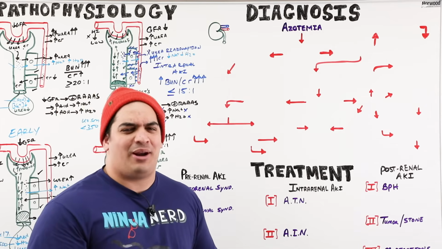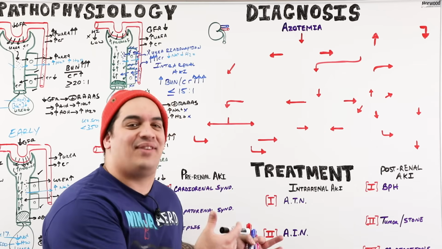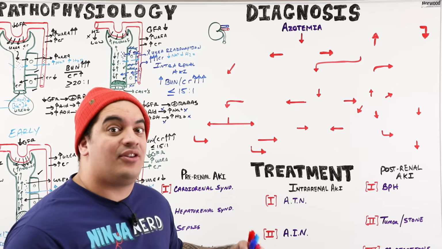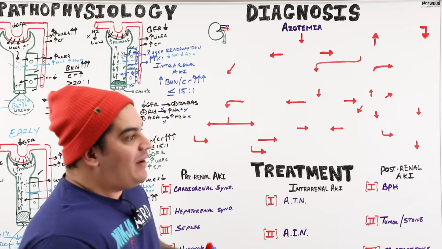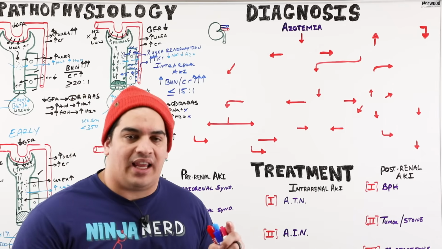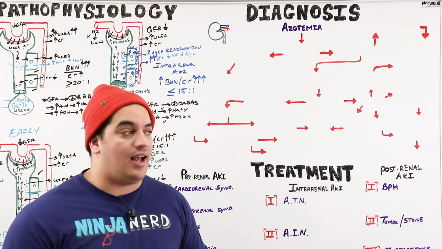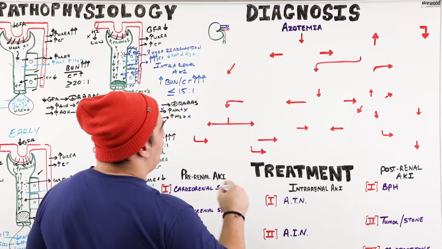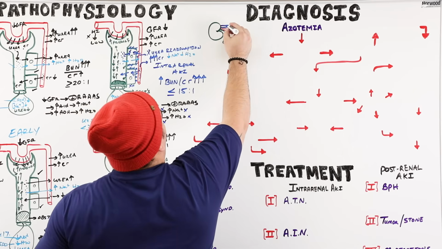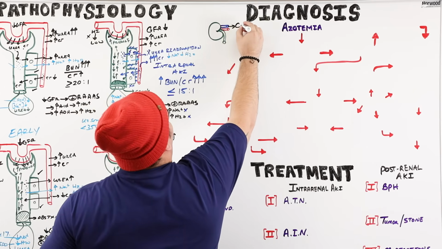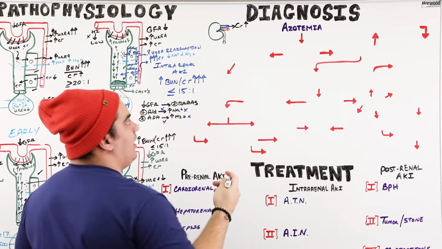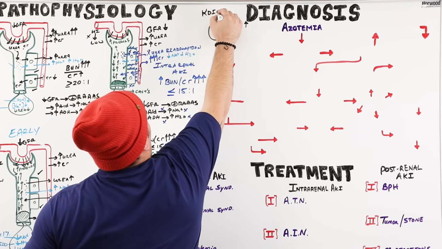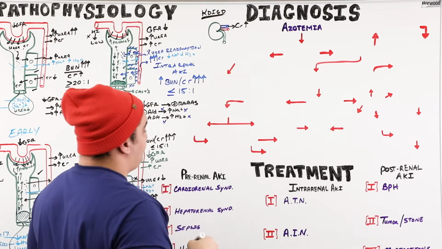Obviously, one of the easiest things is knowing a patient has a history of chronic kidney disease, and then seeing that they have an AKI could be a sign of acute on chronic. But nonetheless, how do I go about diagnosing AKI and then trying to figure out which one it is? Well, first we have to know what is the actual true definition of an AKI, and the best one is the KDIGO guidelines. The KDIGO guidelines look at particularly two things. One is, let's take a look at what the creatinine is. So the creatinine is usually elevated, right, in an AKI according to the KDIGO. These are generally the most widely used guidelines.